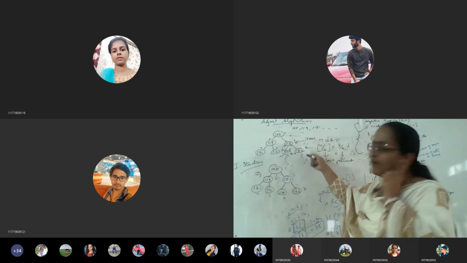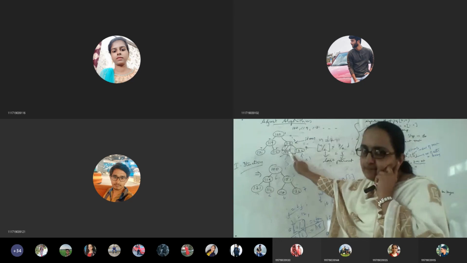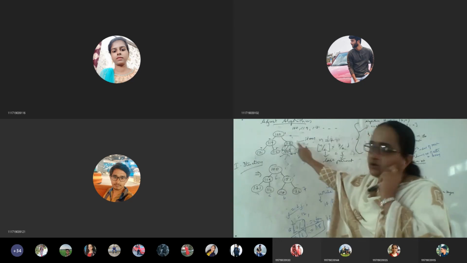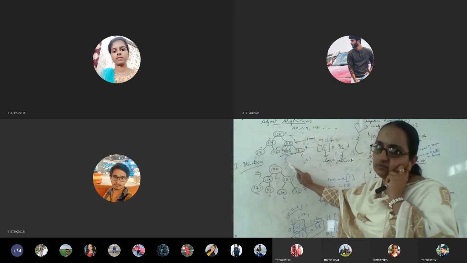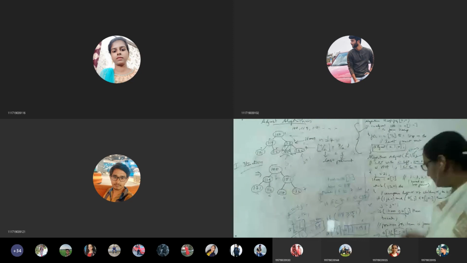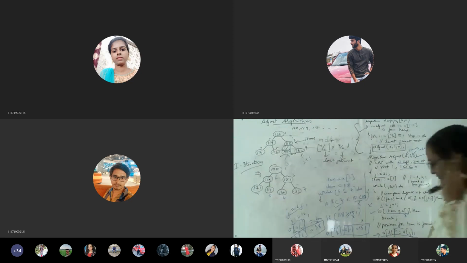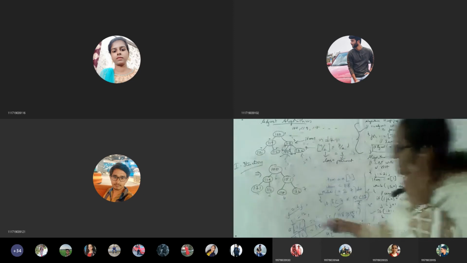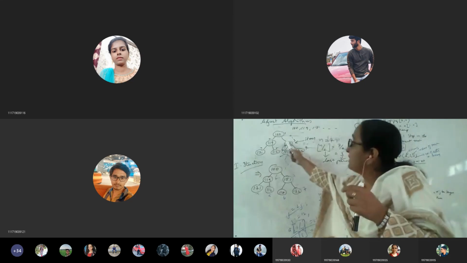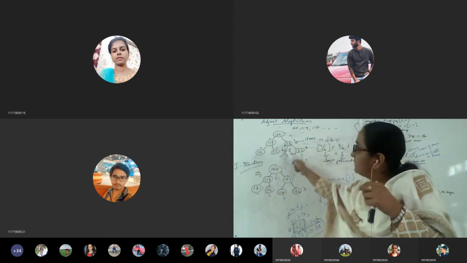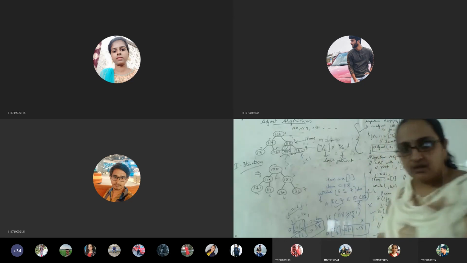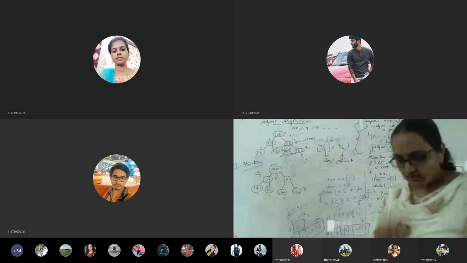In order to do swapping, at what index is the child? Its parent we have to find, so we do j by 2. So A of 3 is equal to A of j. A of j by 2, the parent node, will get A of j, and j is equal to 2j. Again, j is equal to 2j. Why are we doing this? In order to keep whatever item was there in the node, it should come to the child. Is the procedure clear? I want the answers from you now.